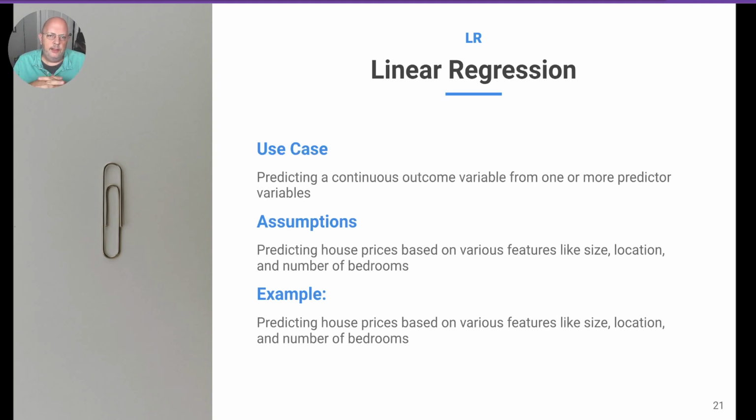Actually, well, I guess since we didn't say it's not multiple. Predicting house prices based on size. Predicting house prices based on location. Why are my assumptions wrong? So the assumption you just read should go in here. So I guess I just copied and pasted it wrong from some of my notes. So bad me, mea culpa. So there we go. Let's try to see if my next one's right.